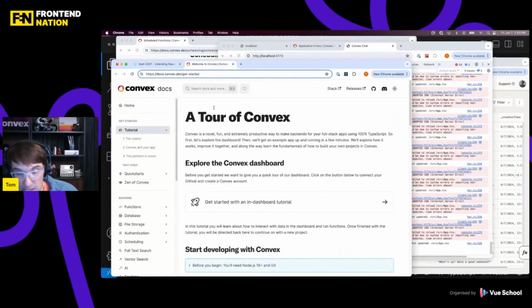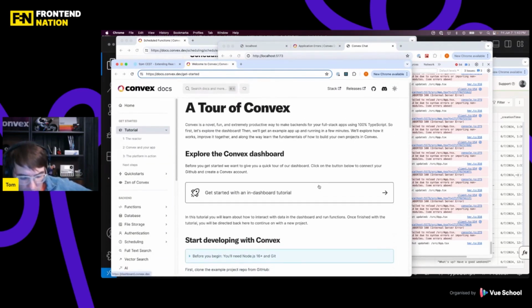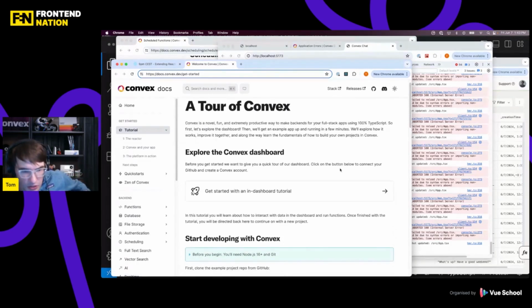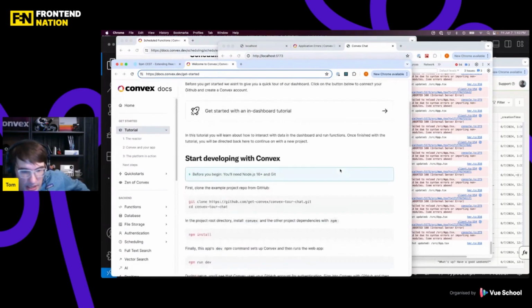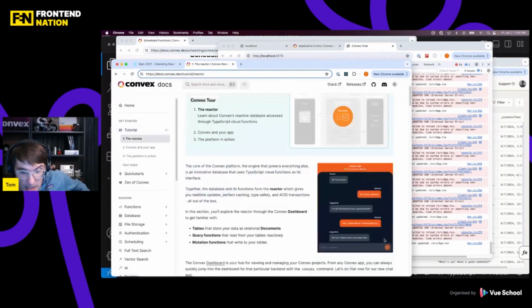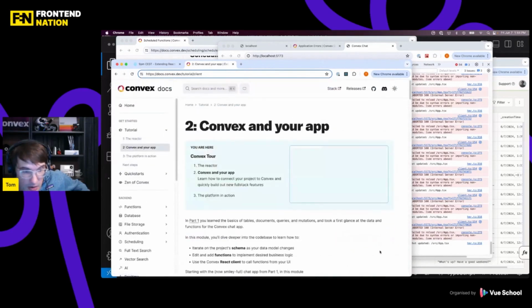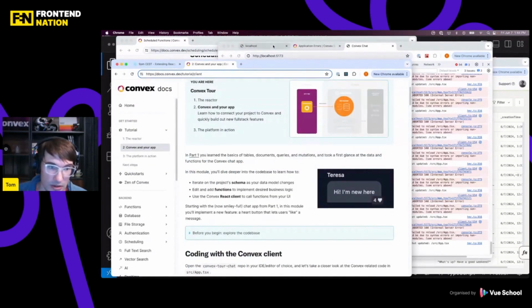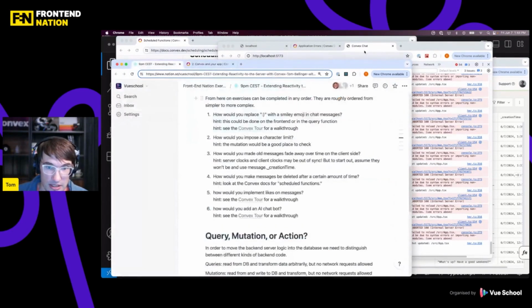If it is time for questions or for discussion or anything. But we can also go through those, so depending on whatever Frontend Nation folks want to do. This tour of Convex is great. It walks through these next few exercises. So let's get started developing. I think it's about here where we get to, hey, I want to do the next thing, which is